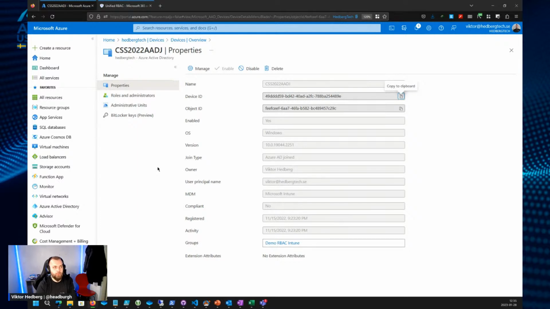Now, if you don't want to go the PAW track, I still recommend you do that, because it really elevates your security posture in the cloud, since you can use conditional access to target other workloads as well. So your AWS instance, your GCP instance, since you can use conditional access and Azure Active Directory as the identity provider, that's a real good way of securing your cloud